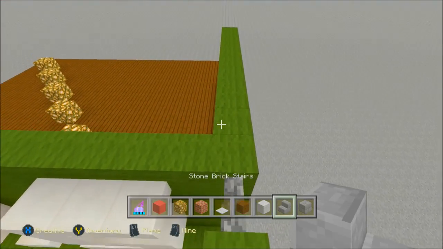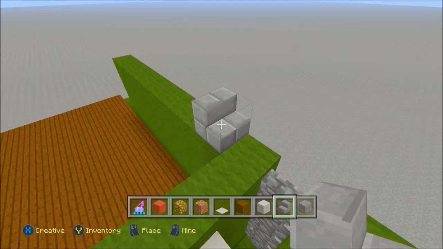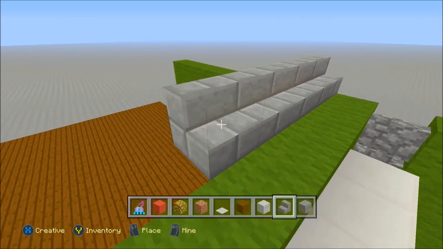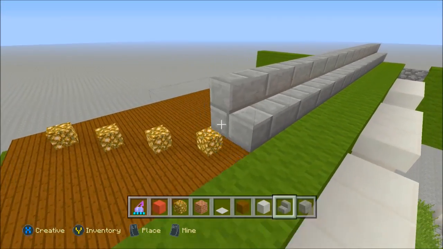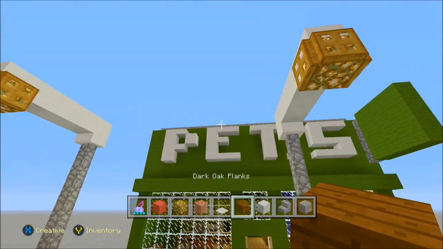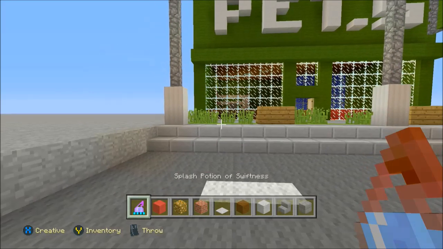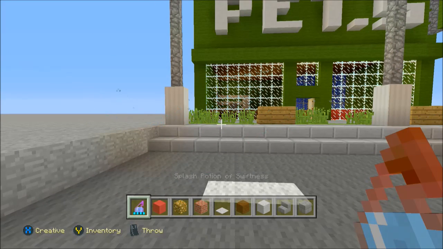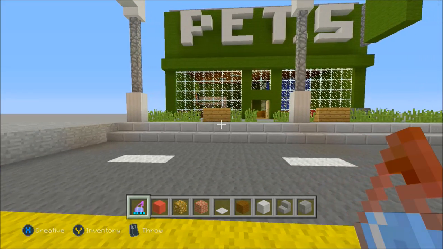So what we're going to basically do is get our stone brick stairs, and we're going to build across the top of here, like so, just like that. And so basically what happens is on a lot of high streets, so let me type in American high street just to make sure this is right, because I know a large percentage of you guys are American, and I just don't want to cater to my UK viewers, and the Americans feeling like, oh man, what the hell. So yeah, it looks pretty much the same.